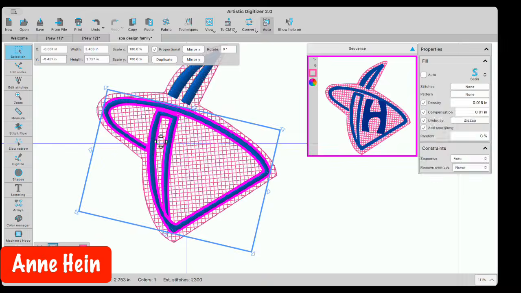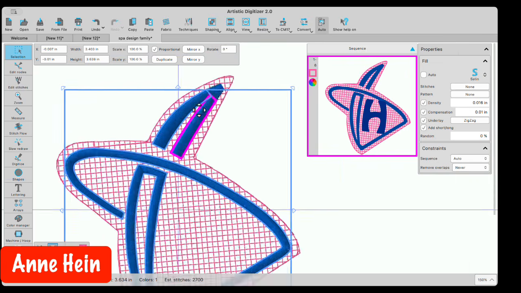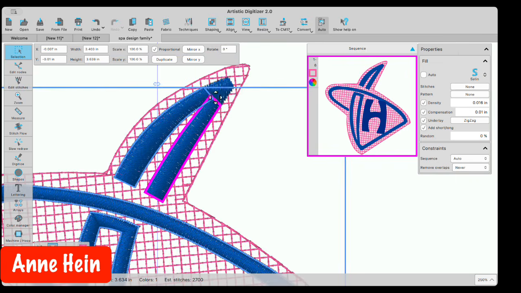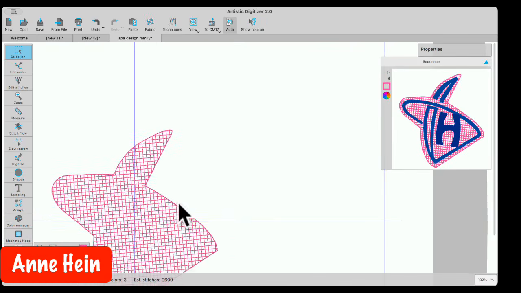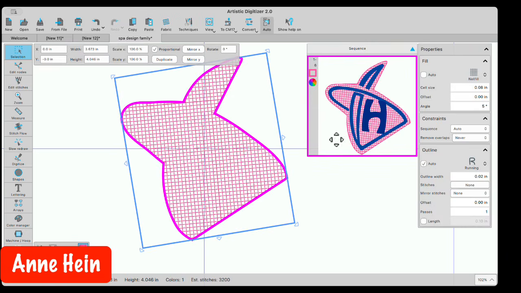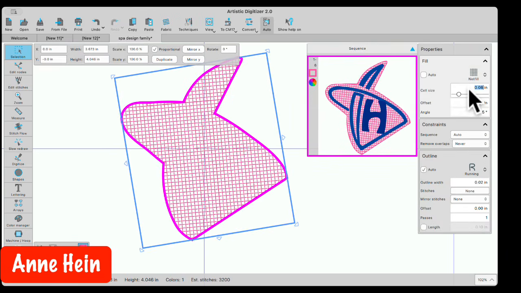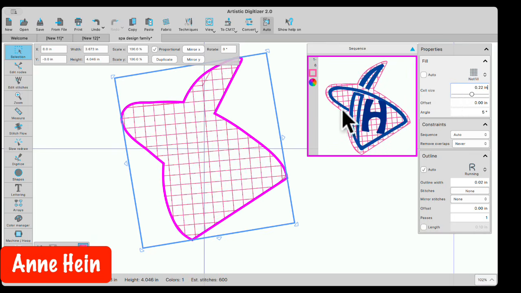So this part here is the other blue. So if I clicked on all of these sections, and there's a tiny little section at the top here, and I did right click hide, there we go, hide selected, I'm back to seeing just my net fill. So if I wanted to work with this net fill, maybe over here, I wanted to change the cell size. Maybe I wanted to make it bigger and see what it's going to do. Because sometimes when you get bigger, you get stray threads that you're not sure you want. So you have to